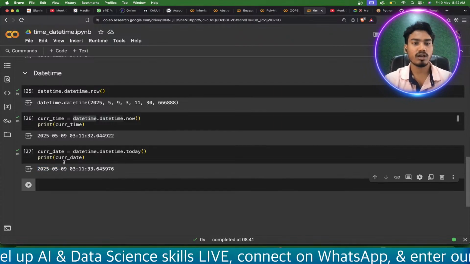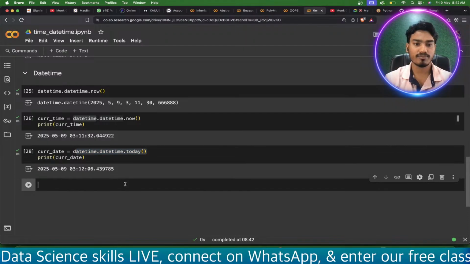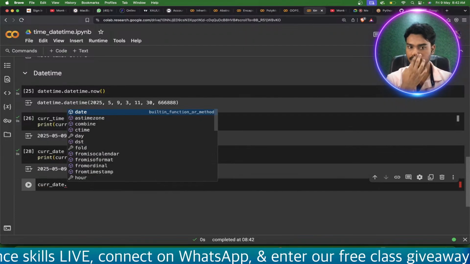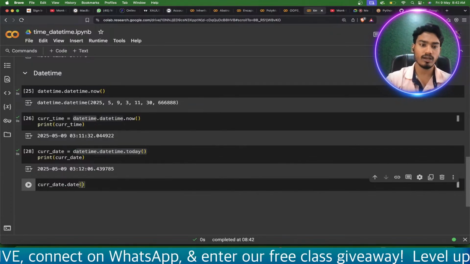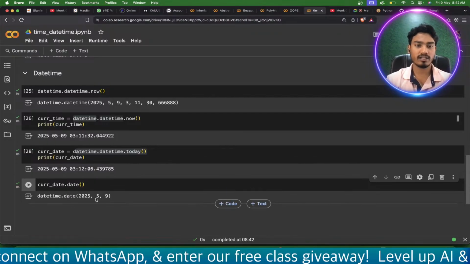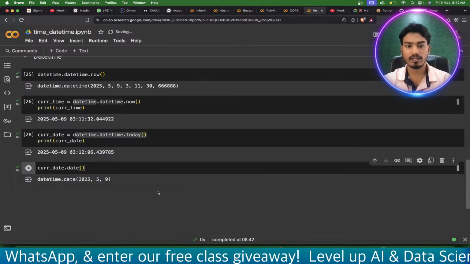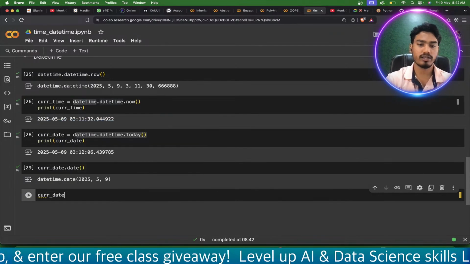Okay. So how can I do this? I can store some value in the current time, and I can say, let's say, current date dot date. If I put that, what I will get is today's date only. Today's date only. I can also say current date dot,